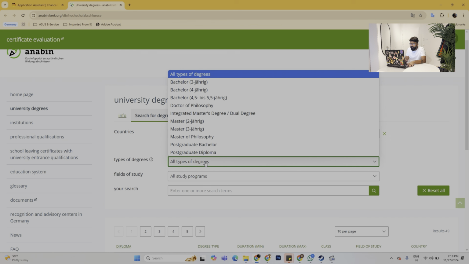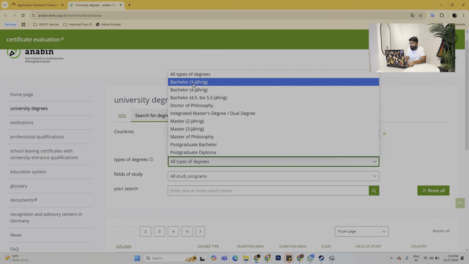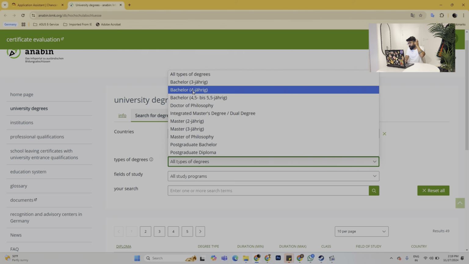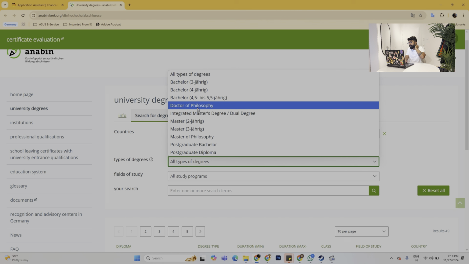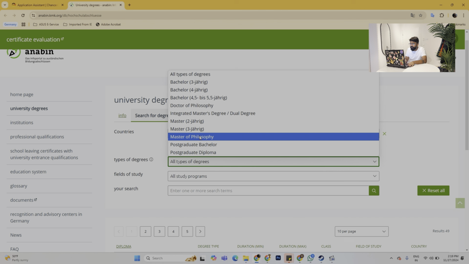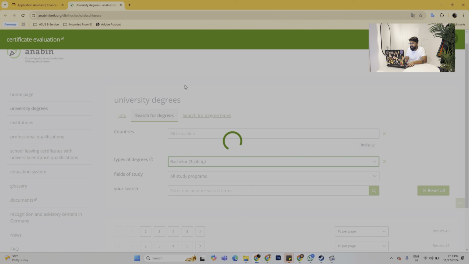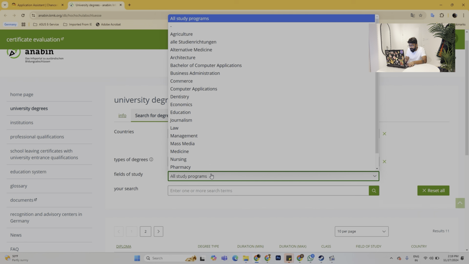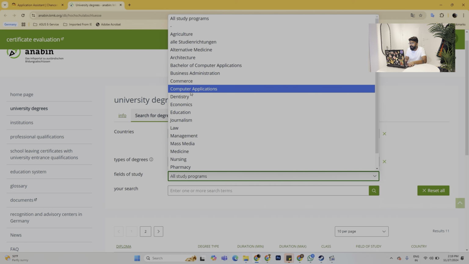Now we'll have to select the type of degree, whether it is a bachelor of 3 years, bachelor of 4 years, bachelor of 4 to 5 years, Doctor of Philosophy, Master 2 years, Master 3 years, Masters of Philosophy. So I'll select Bachelor 3 years, and I will select the field of study as